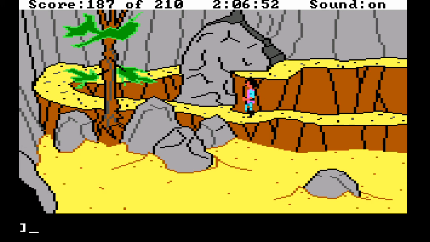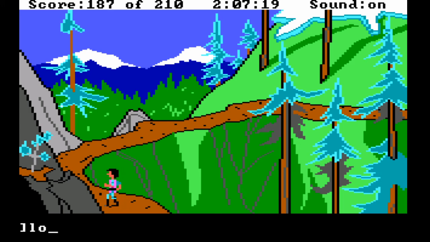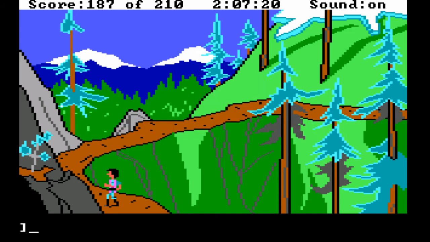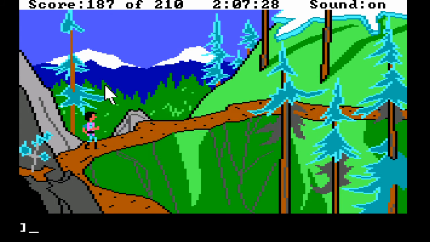We can climb this rock face here. There we go. That wasn't too bad. Get around there. And up. Ooh. Look. The snow-capped mountains advance forever upward. A narrow path skims along the top of a precipitous ridge. As you look down, you see the steep cliff below you. Okay, let's save again. I'm like saving every screen, but...